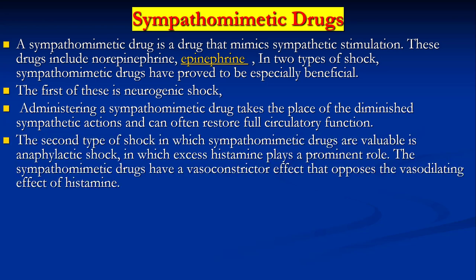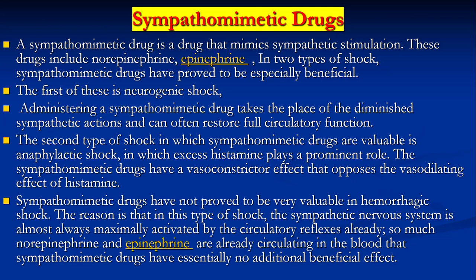The second type of shock in which sympathomimetic drugs are valuable is anaphylactic shock, in which excess histamine plays a prominent role. Sympathomimetic drugs have a vasoconstrictor effect that opposes the vasodilation effect of histamine. Sympathomimetic drugs have not proved to be very valuable in hemorrhagic shock. The reason is that in this type of shock, the sympathetic nervous system is almost always maximally activated by the circulatory reflexes already. So much norepinephrine and epinephrine are already circulating in the blood that sympathomimetic drugs have essentially no